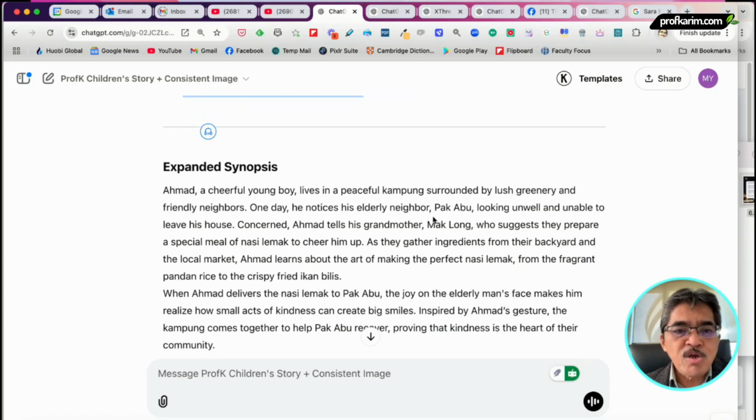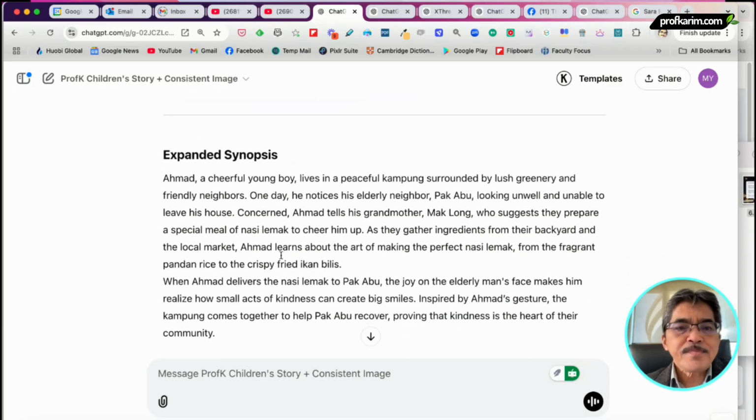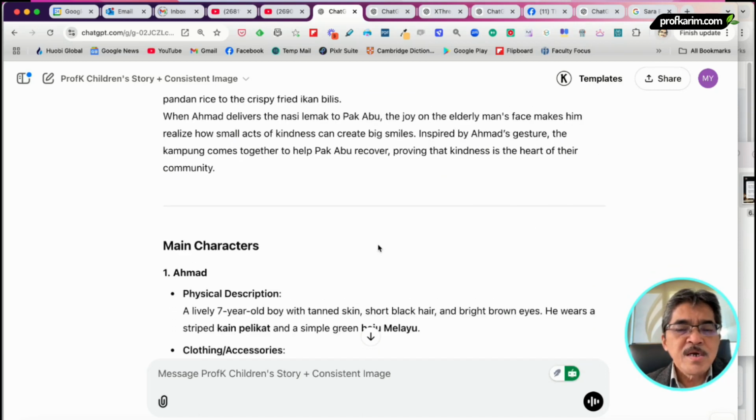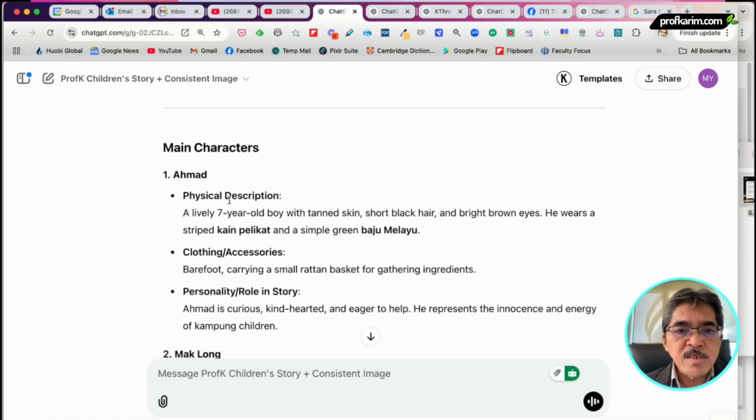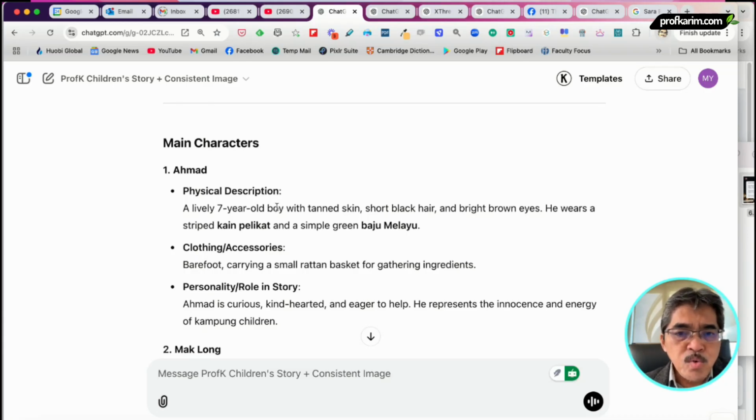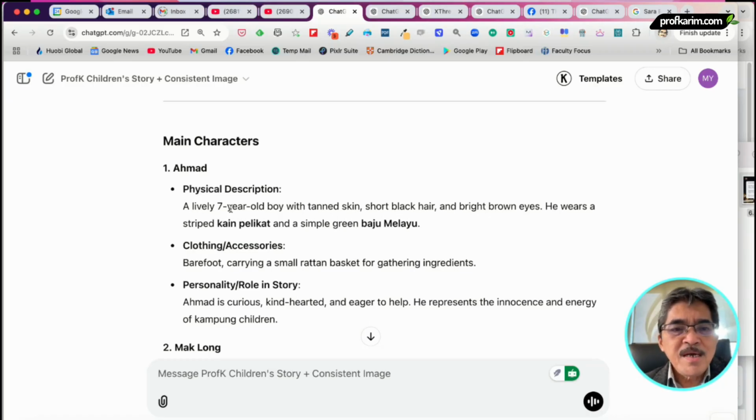So this is an expanded synopsis. You can read: Ahmad, a cheerful young boy, lives in a peaceful kampong surrounded by lush greenery and so on. Okay, and I have designed this GPT to describe the characters in detail, and this is where you check the description. ChatGPT has the tendency, when we ask for Malay characters, for example here, a lively